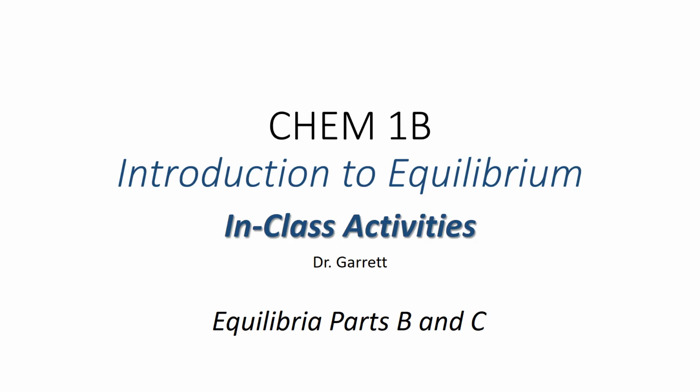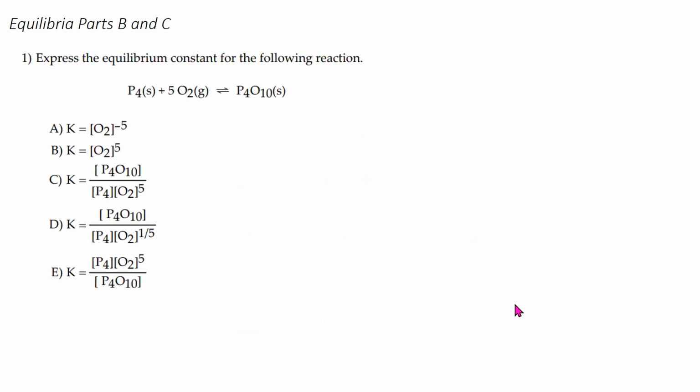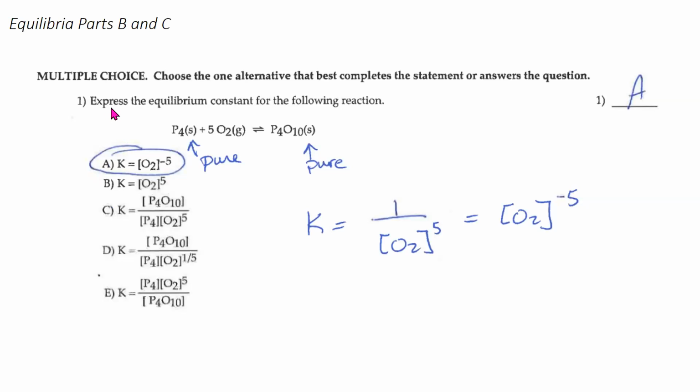In this video, we're going to look at the in-class activities, the solutions for parts B and C. So in question 1, we were asked to express the equilibrium constant for the following reaction. So we're looking at P4 combining with oxygen to make phosphorus pentoxide. So we have the phosphorus, which is in the solid state, the oxygen, which is a gas, and the phosphorus